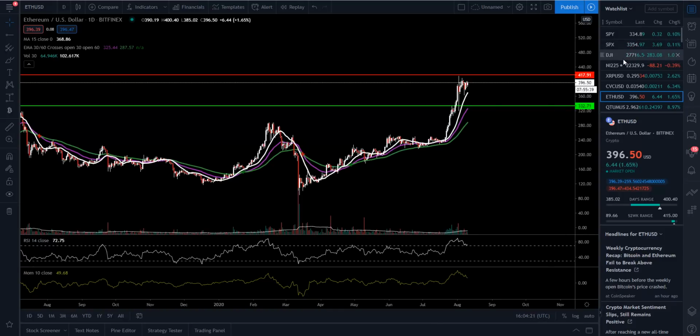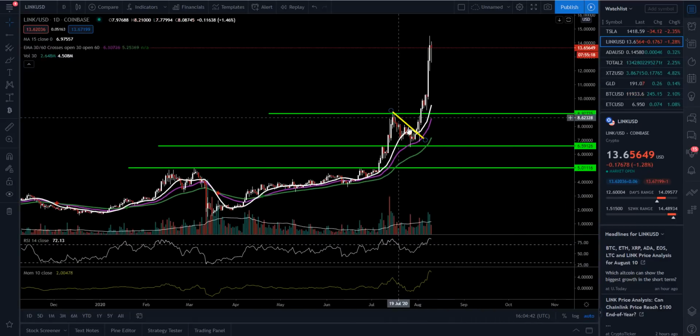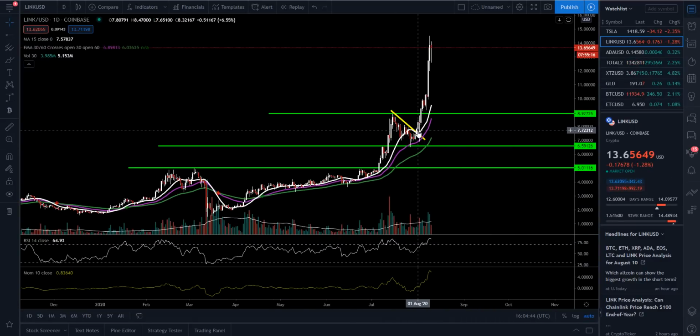Next, we're going to get into Link. Link's been the big dog here. It took third place in overall market cap for a while. Let's take a look. Still may be there. Link is at $13.66. This is a very impressive move that we had here, because we even did have some negative divergence. But guys, we can get up into those 90s like we've talked about for the RSI, and it wasn't done yet. So once we broke out of this yellow trend line and we had a candle close there,